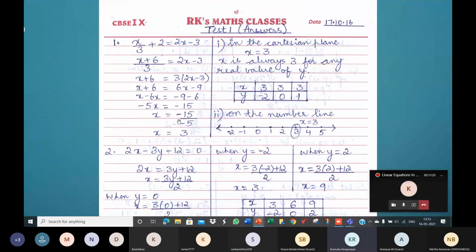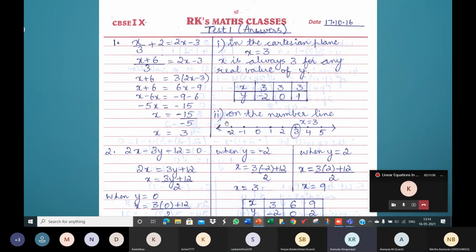So here you see how it is solved. I'm not talking about this because you know how to solve an equation and find the value of x. So x is equal to 3. This equation is nothing but x is equal to 3. Let's do this first, children, on the number line. I'm not rushing. I hope we understand this x is equal to 3, correct? On solving, we get x is equal to 3.